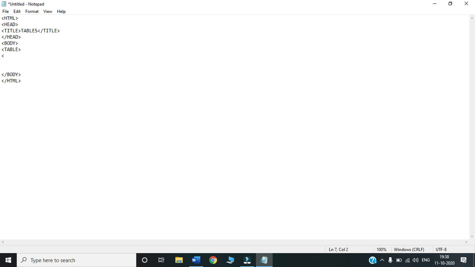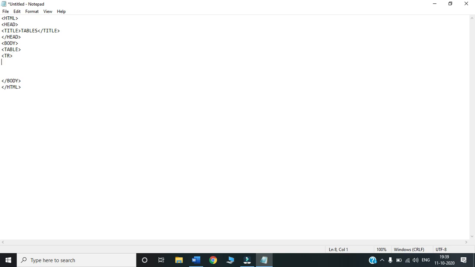The first tag that we need to use after the table tag is tr. So this tr stands for table row. This indicates that we begin one row inside the table.